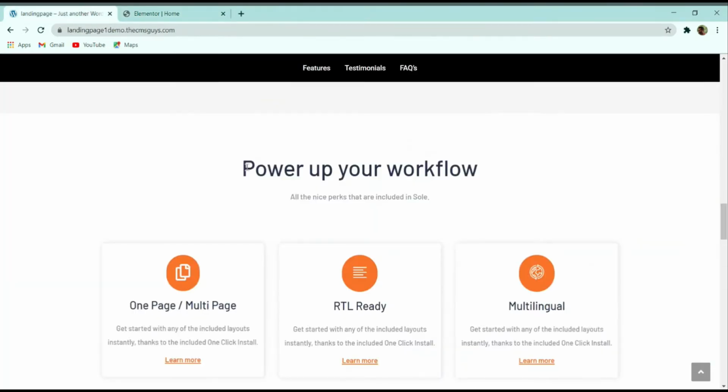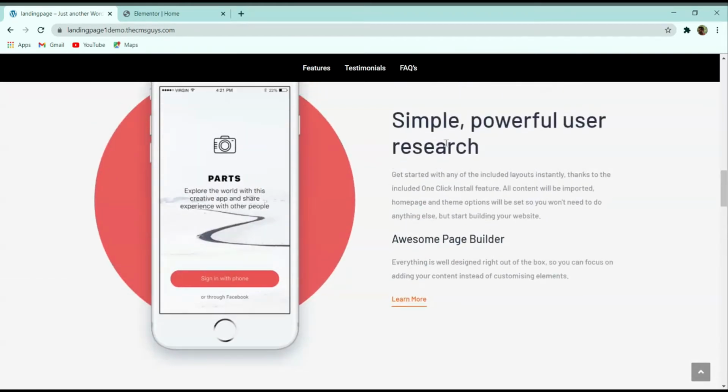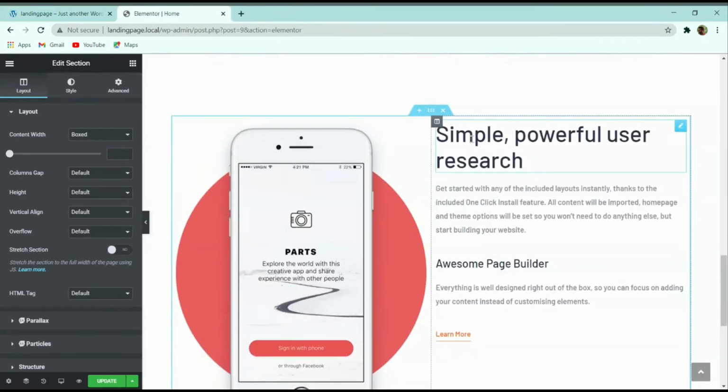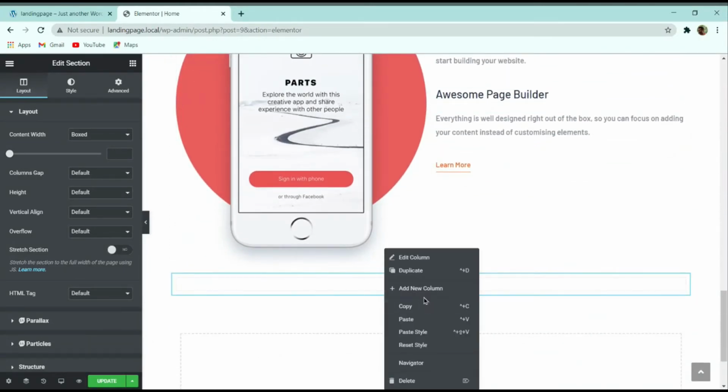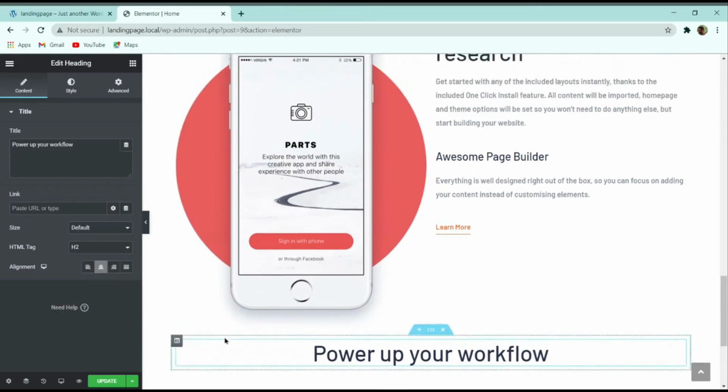And then here let me copy the text here, and you can see that this heading text is similar to the other heading text. So what I can do here, I can simply copy this text from here and then paste it in our section. So after that here in this title section I will change the text, and then I will make the alignment to center align.